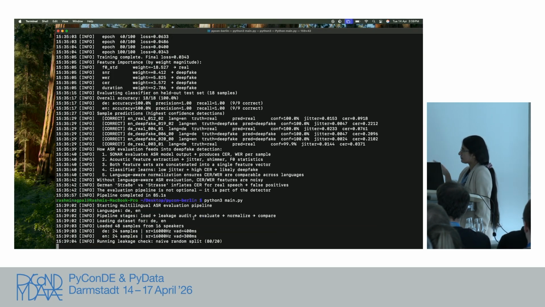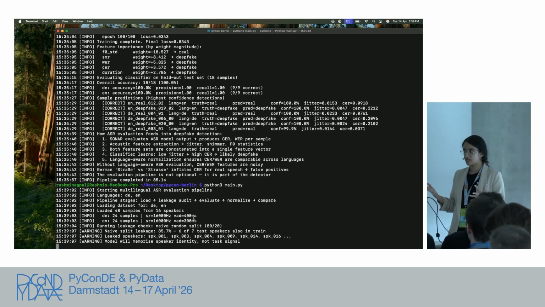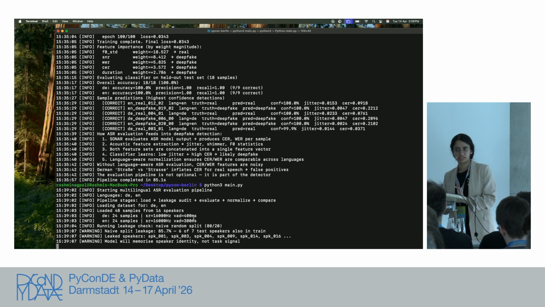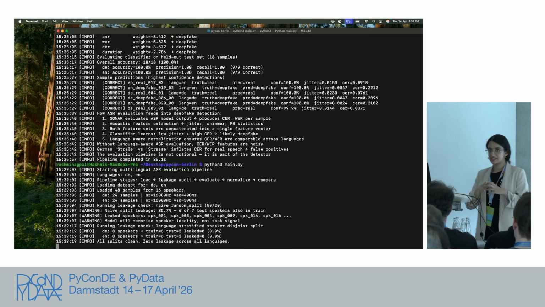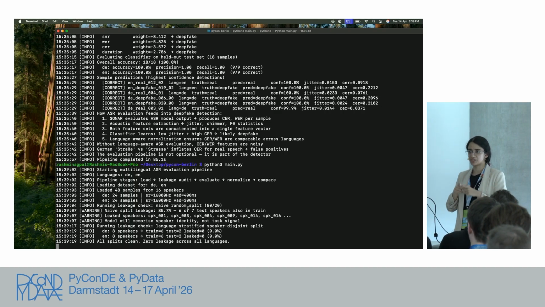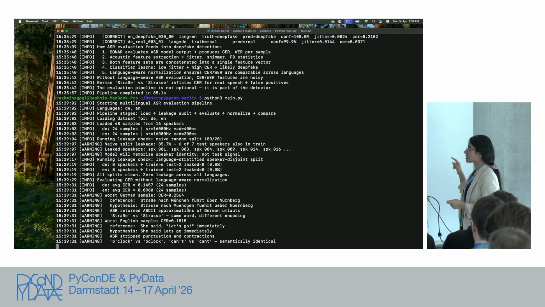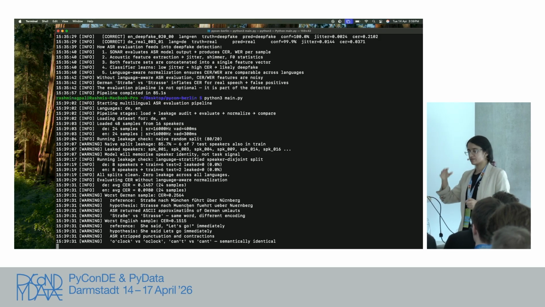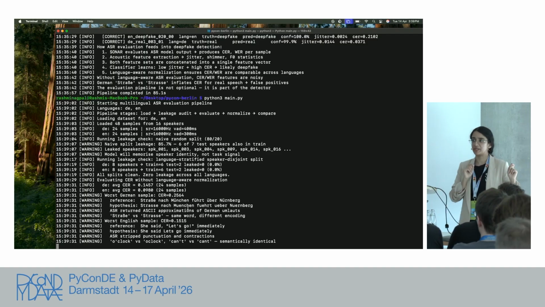Here I am evaluating every stage of this ASR model, which was trained for deepfake detection. This ASR pipeline is going to do different stages of validation. First is the data: for the model which has been trained and the verdict it has given, is there any data leakage or not? Then it uses the eval metrics and normalization, which is like pre-processing. And then it's going to compare with the baseline or benchmark results.